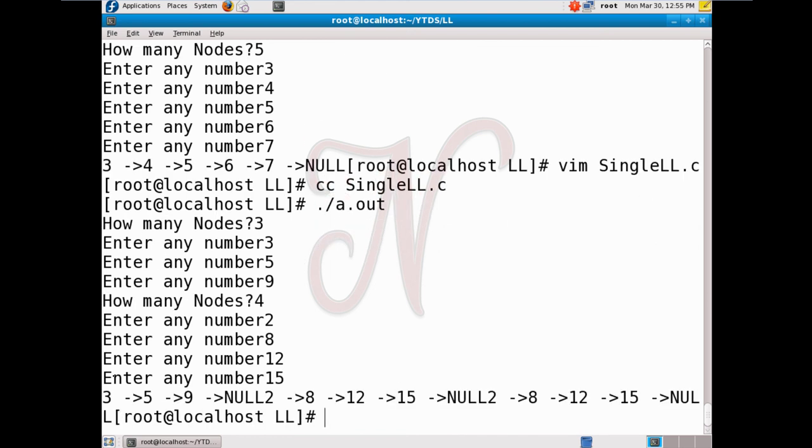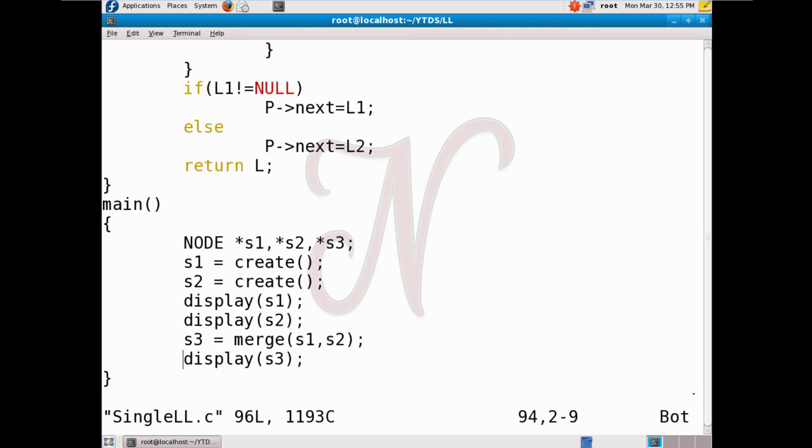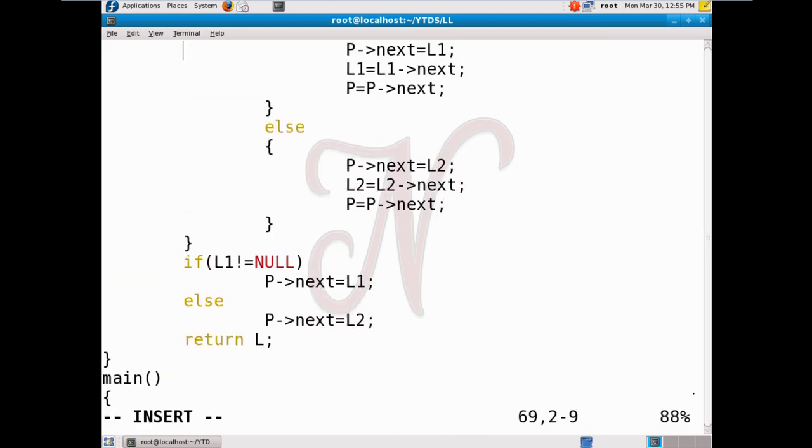See, this is your first linked list 3, 5, 9 null, second linked list 2, 8, 12, 15 null, and here this is your final linked list 2, 8, 12, 15. I think there is some issue, so open this program and check here again.